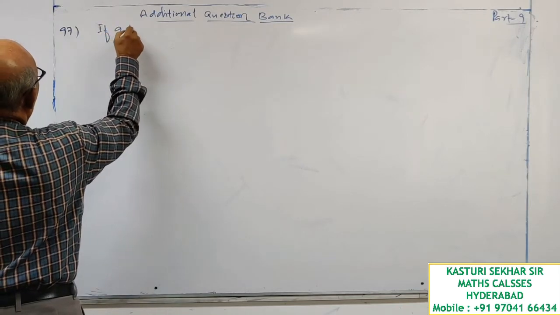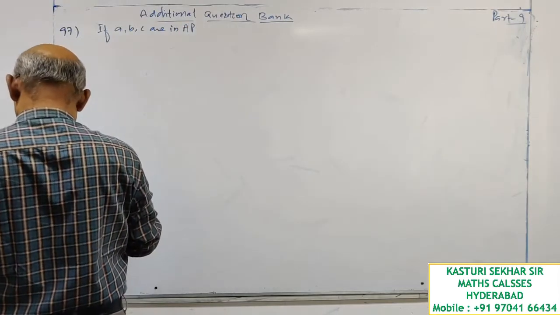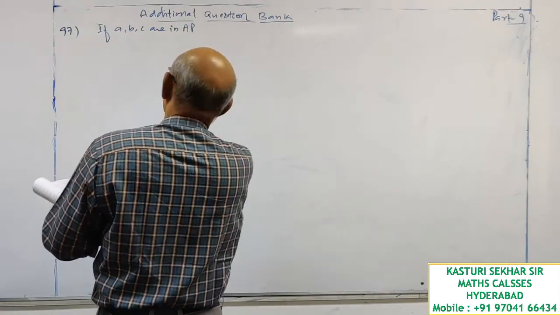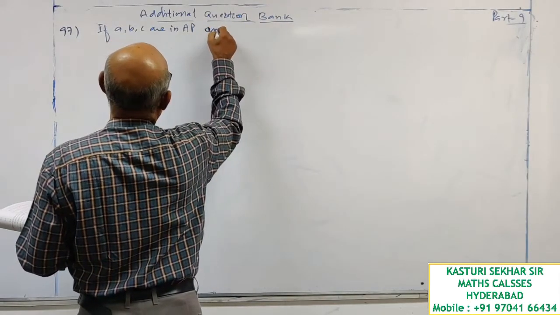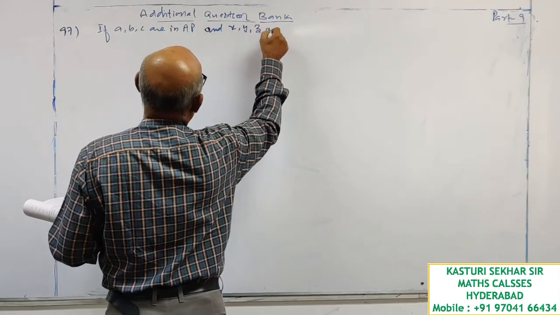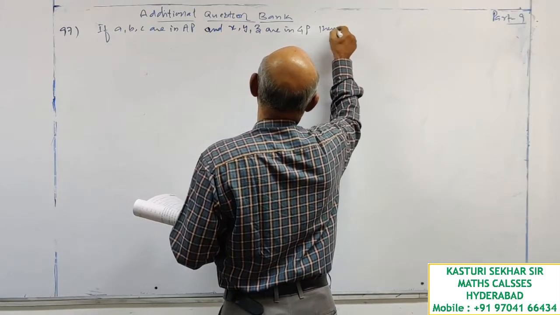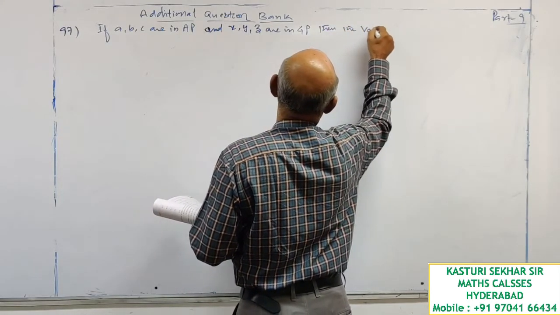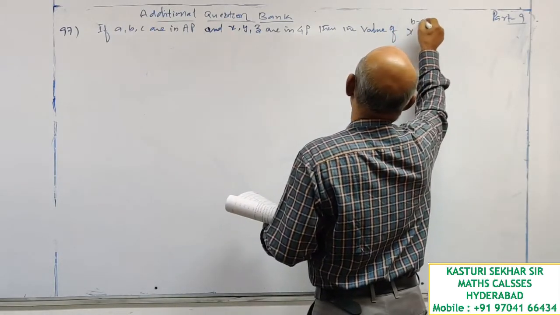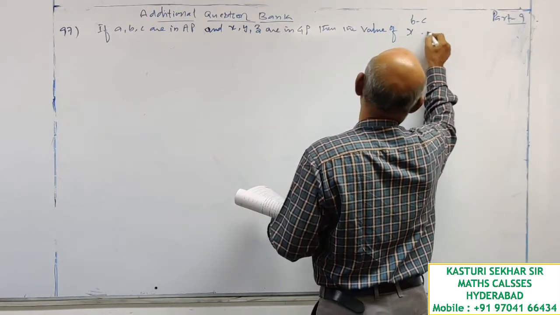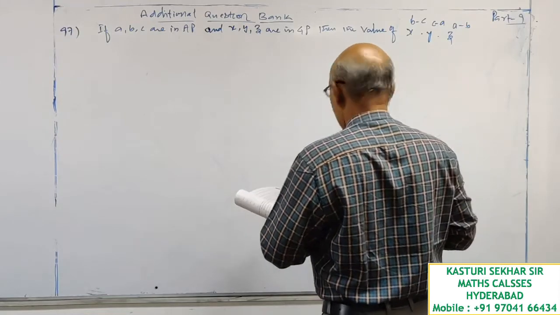If a, b, c are in AP and x, y, z are in GP, then the value of x to the power b minus c, y to the power c minus a, z to the power a minus b is